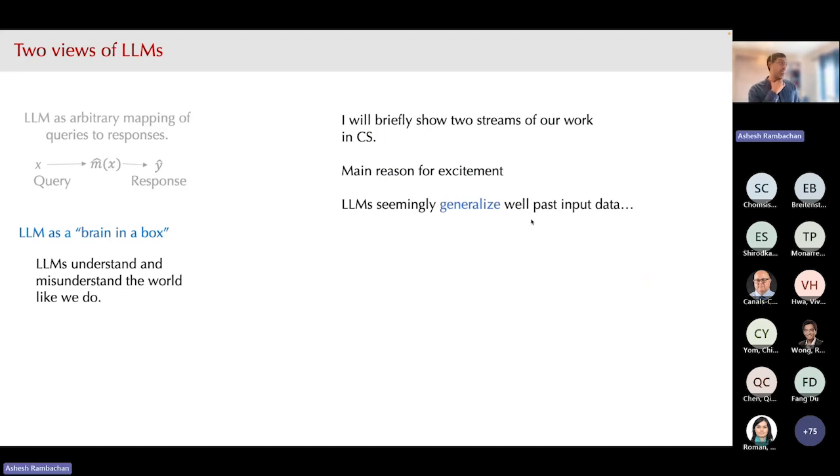No problem. So, that's one view of large language models, that they understand and misunderstand the world like us, and so we can forecast their performance well. Evidence over the last 2 years suggests that's not the case. But at the same time, you may say, well, we're not just interested in large language models because they are like people. We're interested in large language models because they can do truly miraculous things.